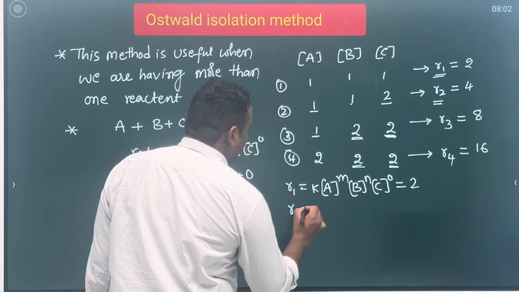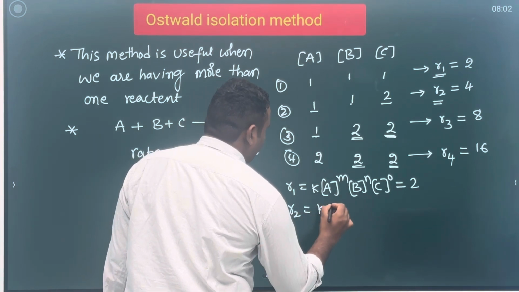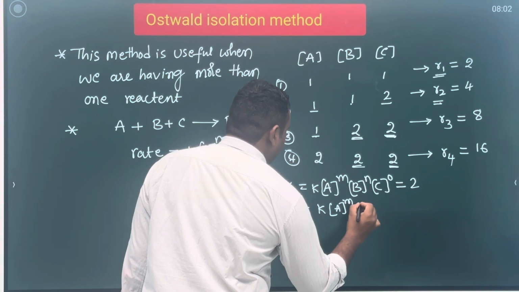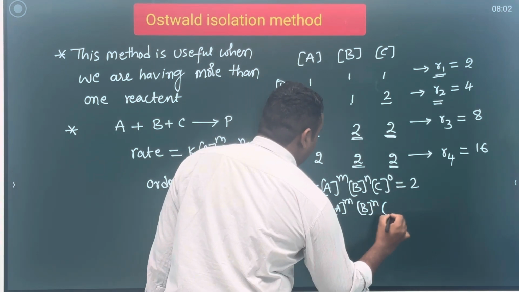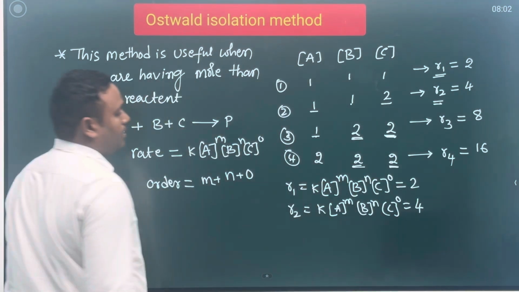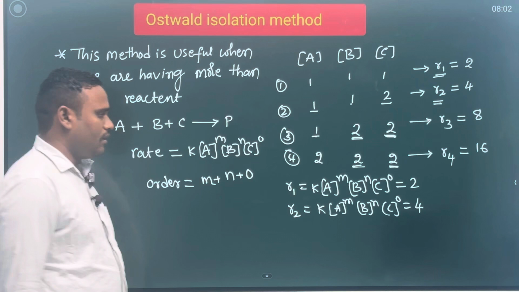And next R2, R2 is what? K into A power M, B power N and C power O. Here the rate is 4. Okay. So now